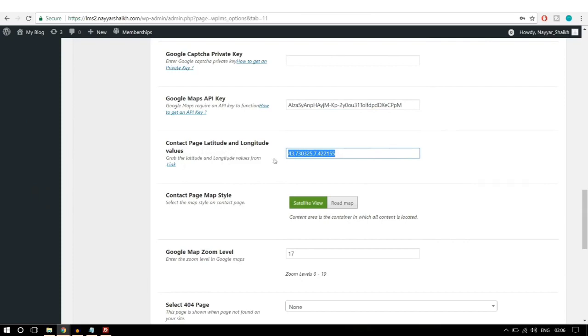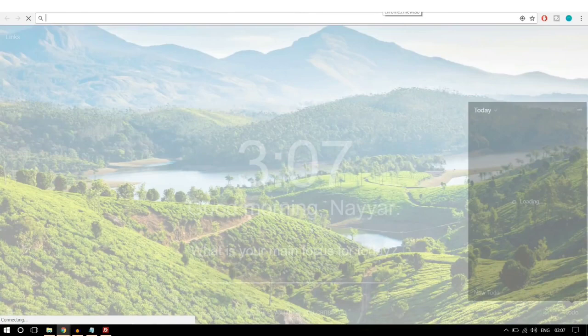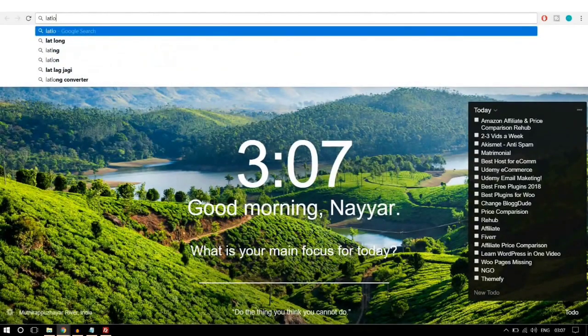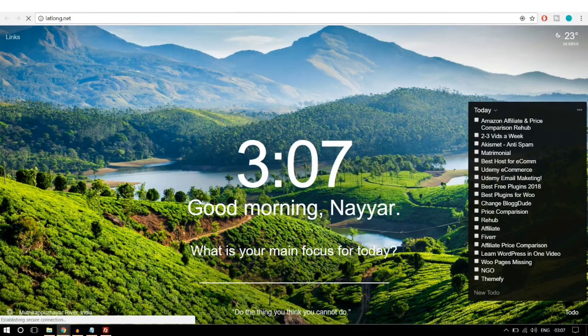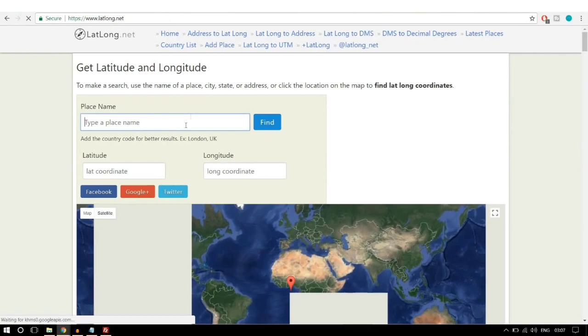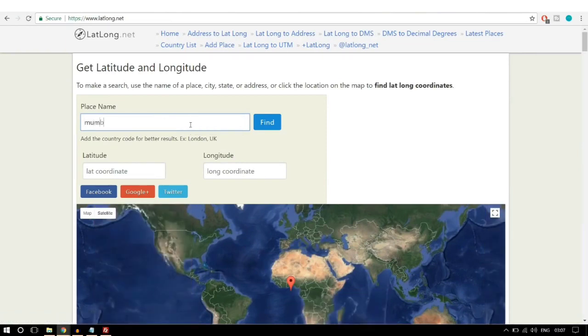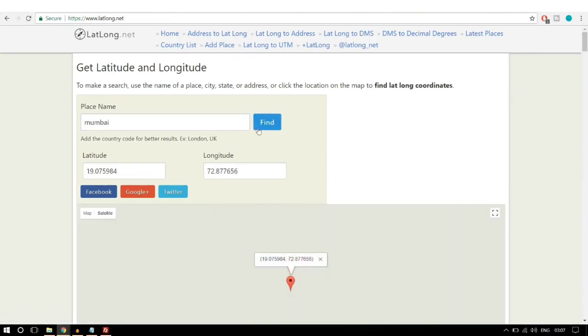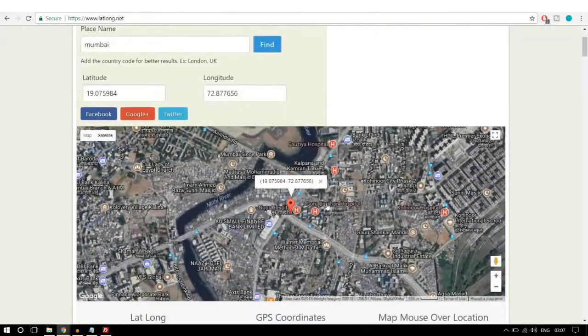Now if you don't know the latitude and longitude, which I obviously guess you won't, there's a very simple trick. Just open a new tab, type in latlong.net. It's a website. It will help you to get your latitude and longitude code. Now type in your address over here. What I'll do is I'll just type in Mumbai, click on find,